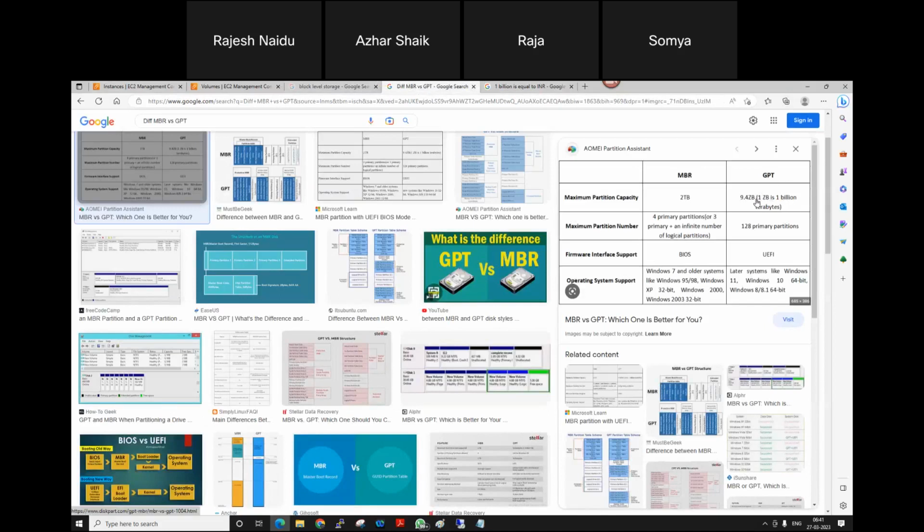Then 9.4 zettabyte. The single volume is something nobody uses, but the concept is available. Nowadays, big data, everything uses this concept only. Everywhere we are using GPT only. We are not using MBR. And the second difference is partitions. If you go with the MBR partition, for example,